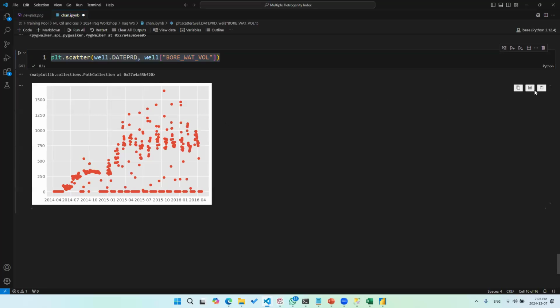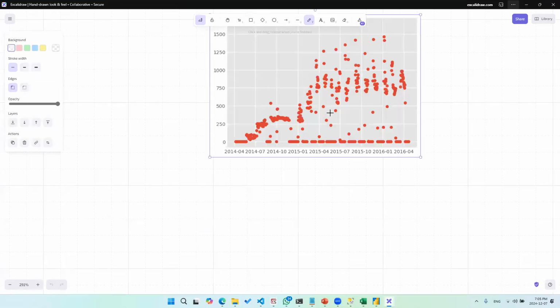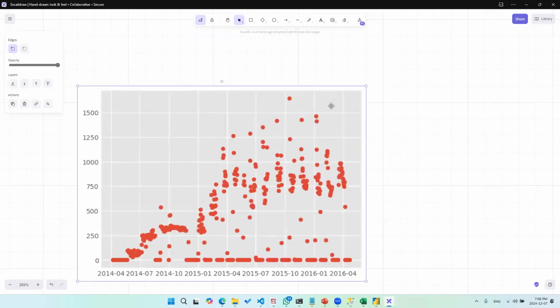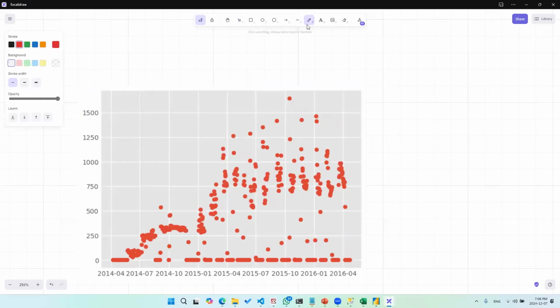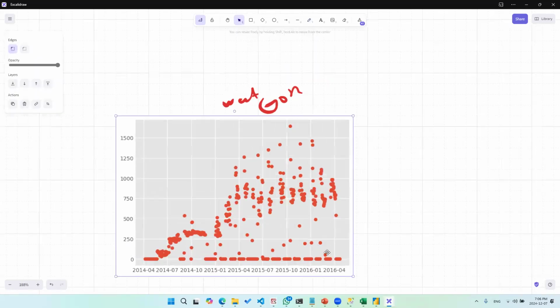Let me show you what we want to do. Let's open our drawing application. So this is our water production. Usually in the oil and gas industry, there are something called empirical models that we use in order to predict, or analyze, the production of a particular KPI or a particular parameter. One of the hardest things that we usually predict is the water rate, or the gas rate, or the GOR. Usually the prediction of these things is somewhat hard to do, because there is no satisfactory empirical model that satisfies these types of prediction.